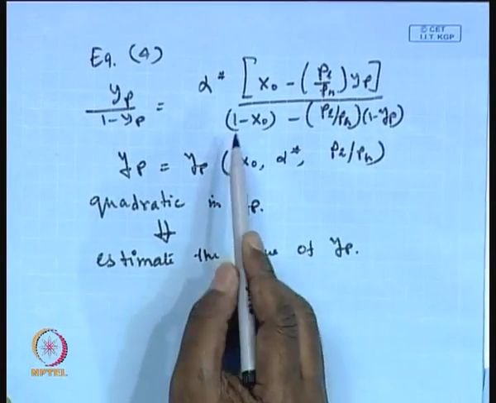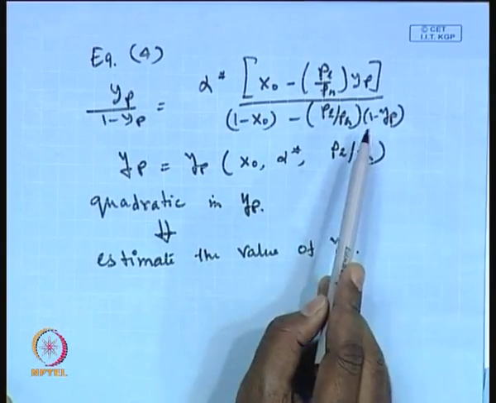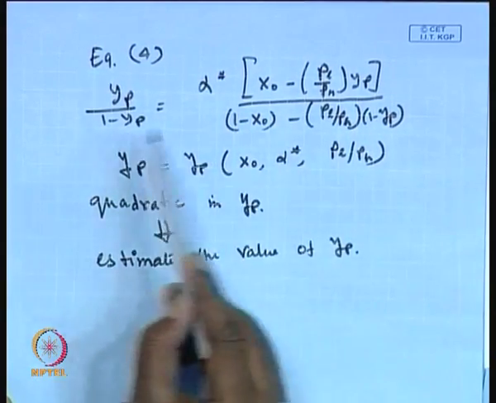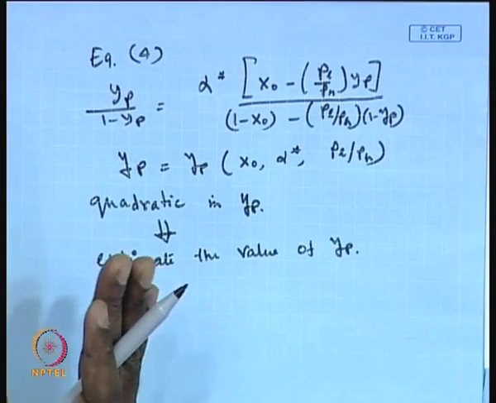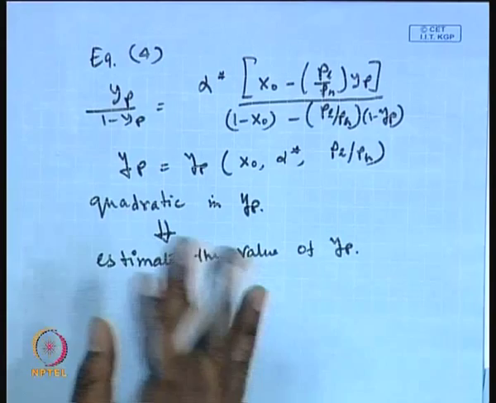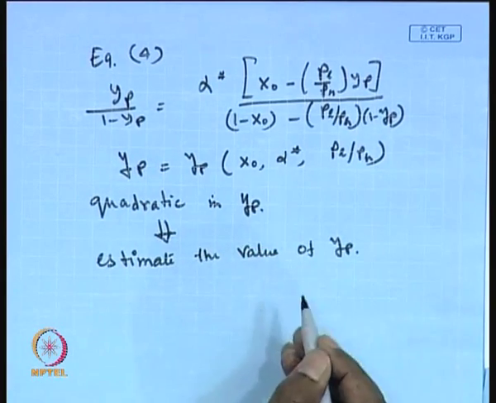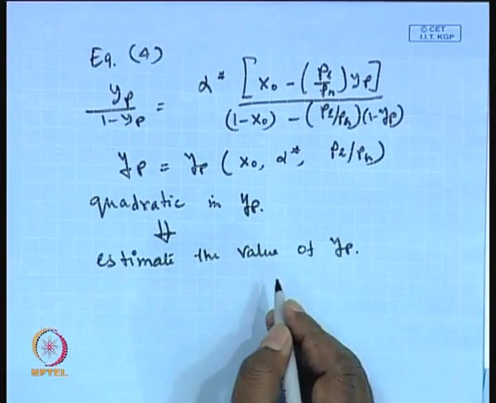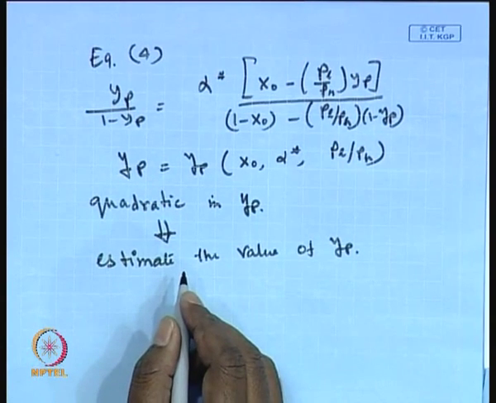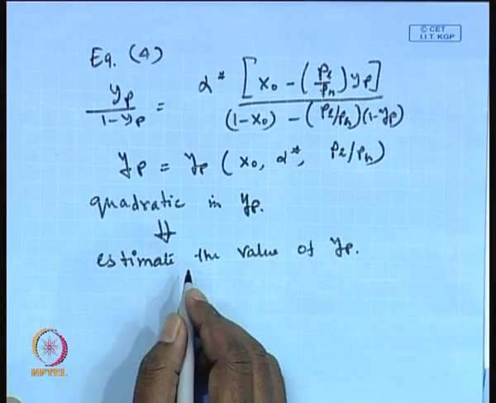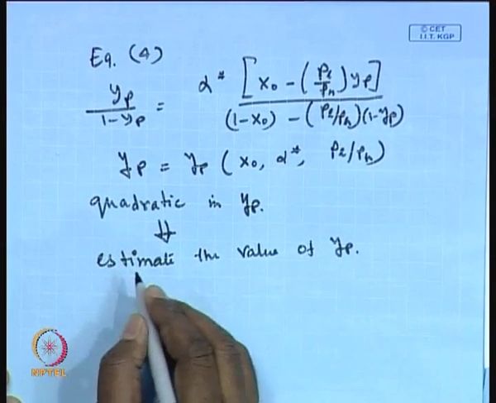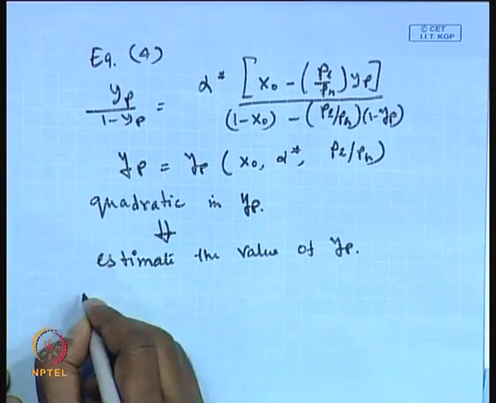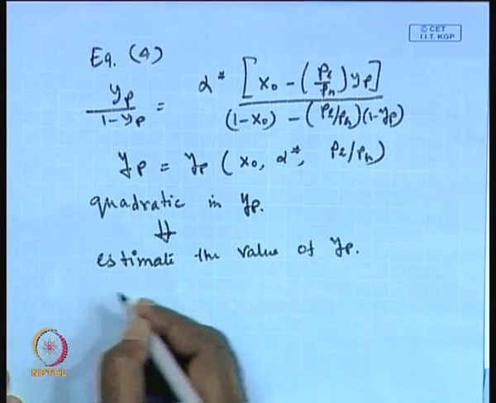There is nothing great in this equation, because all the other parameters are known. If you simplify this equation by cross multiplying it, it will be a quadratic in y p. Bring all the coefficients of y p square on one side and y p on one side. So, it will be a quadratic equation. You know how to find the roots of the quadratic equation and estimate the value of y p. Now, once you know y p, and x naught is given,